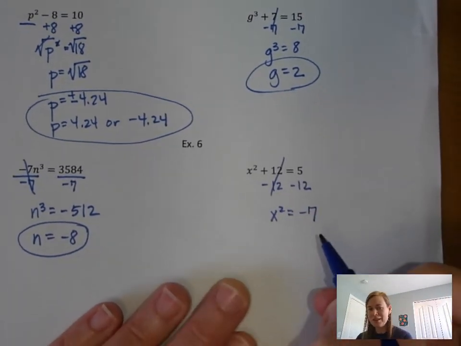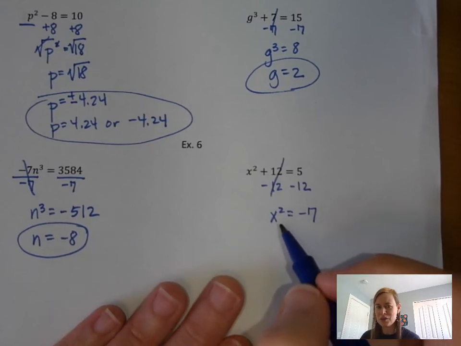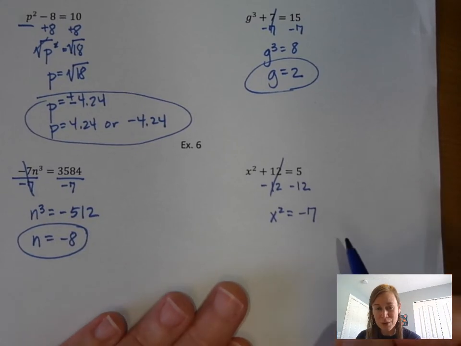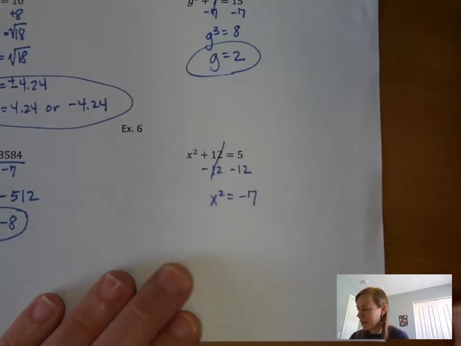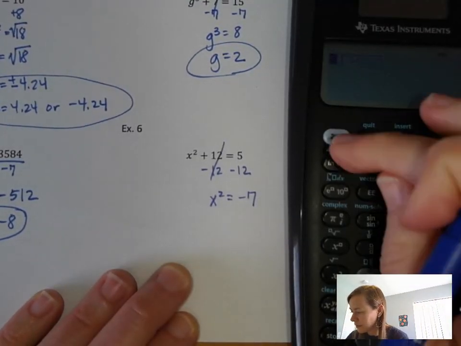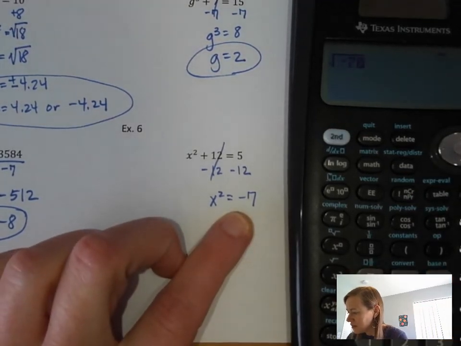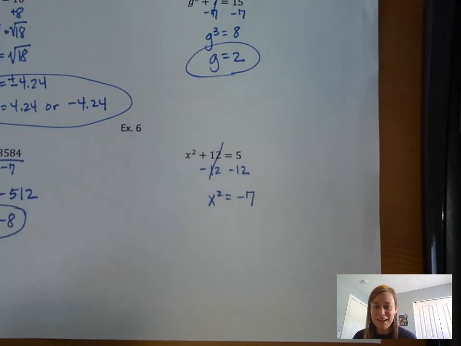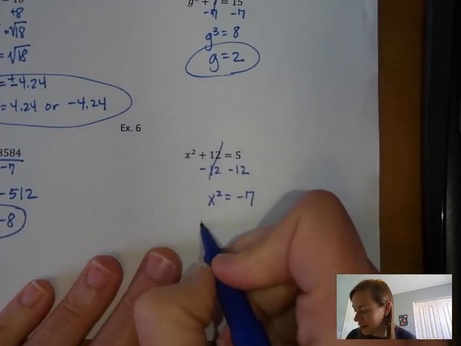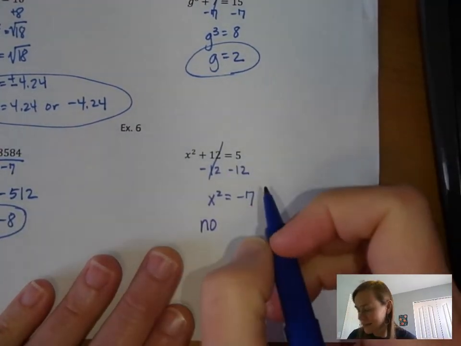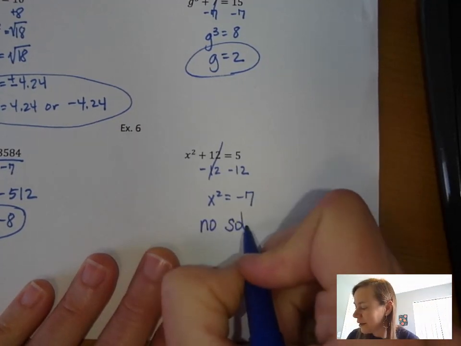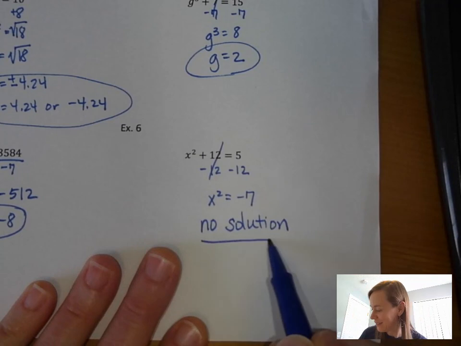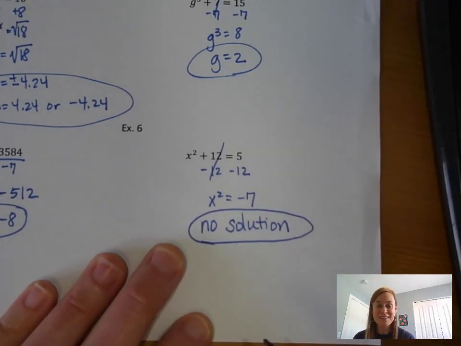Now, you might be looking at that thinking, wait a second, a number squared cannot equal a negative number. That's true. Can you take a square root of a negative number? No, you can't. And what happens if you try? Let's try. Square root of -7, this is going to tell me domain error. And that's just a nice way of telling you that there is no solution here because there is no way to take the square root of a negative number. Well, I say no way. Not this year, maybe in a couple of years. You guys hang on for secondary math too. But for now, we're just going to write no